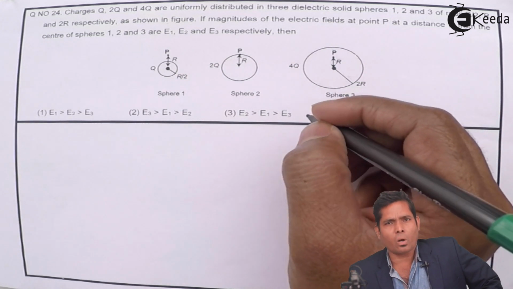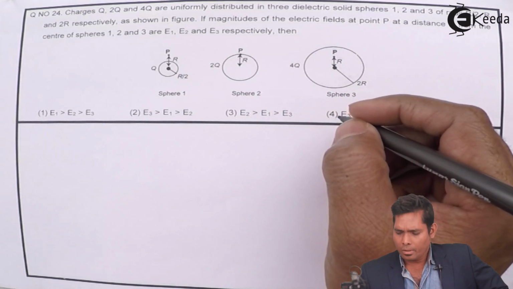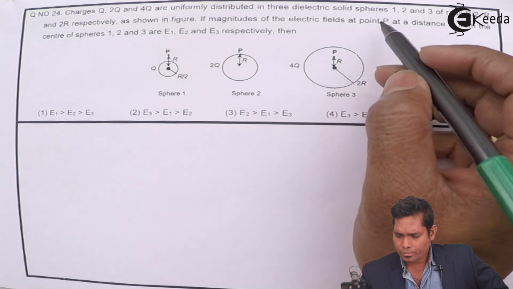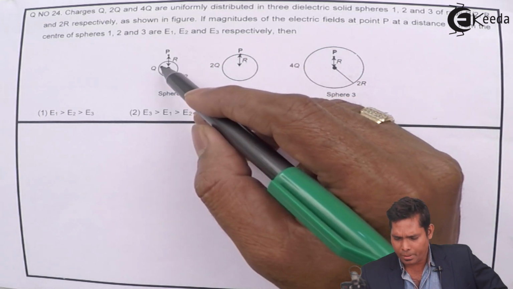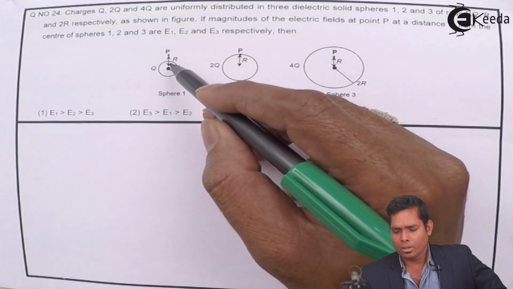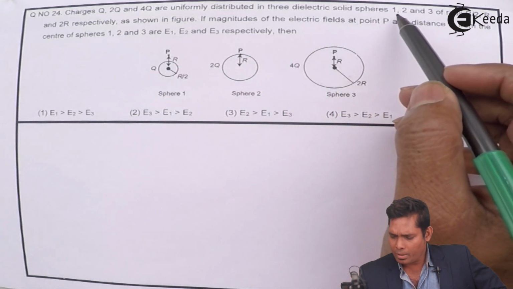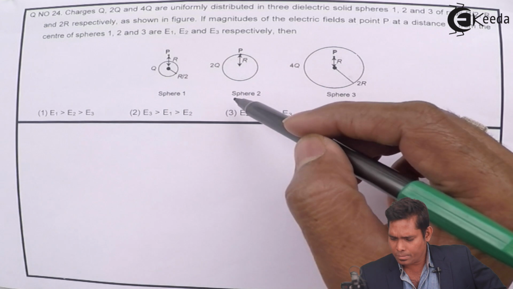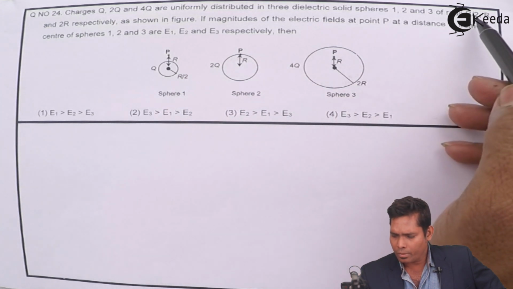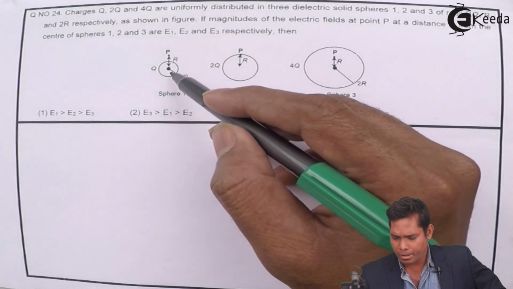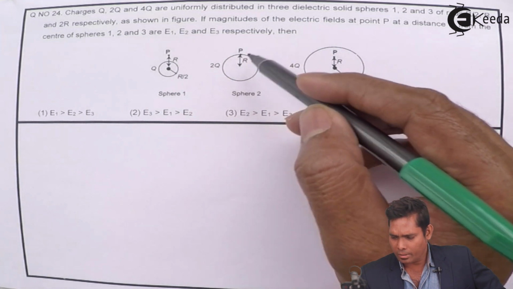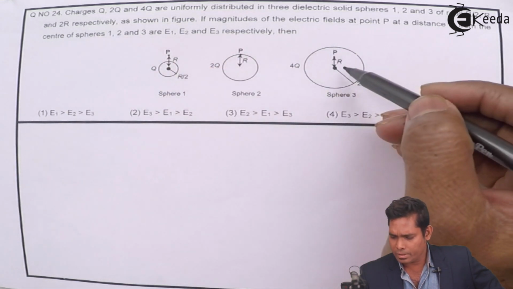Dielectric solid spheres means non-conducting spheres, so charges will be present inside and on the surface as well. Spheres 1, 2, 3 have radii r by 2, r, and